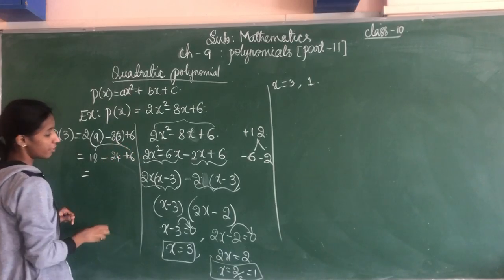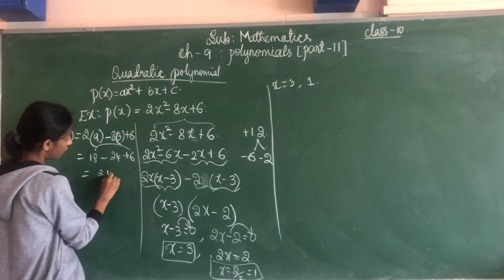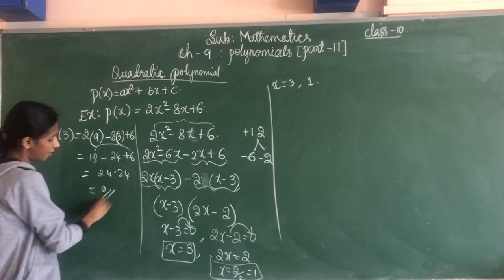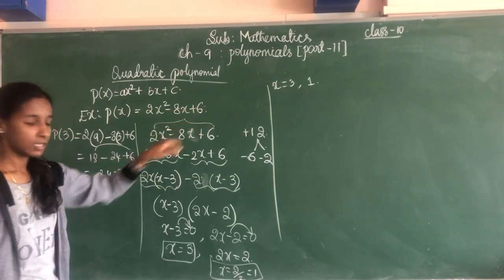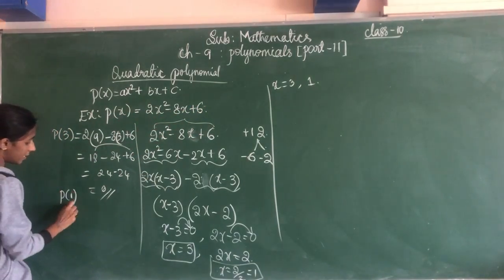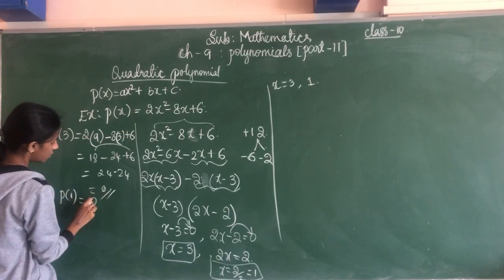18 plus 6 is 24. 24 minus 24 is 0. We have got 0. P of x is equal to 0 when I take the value of x as 3. Now, if I take the value of x as 1, 2 into 1 square is 1